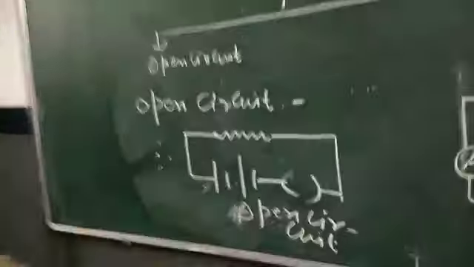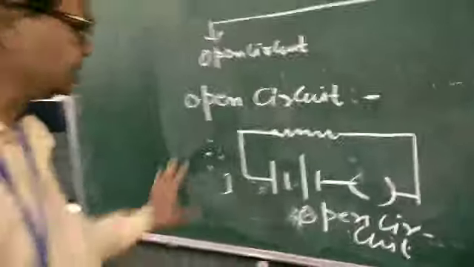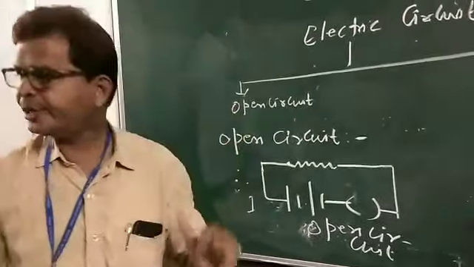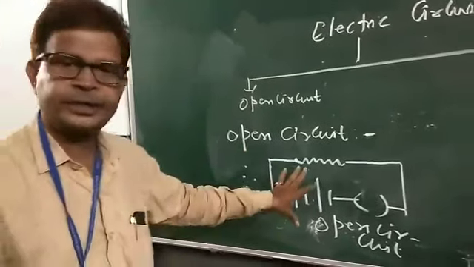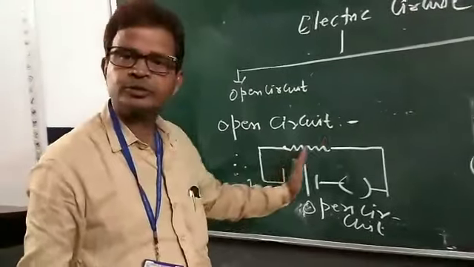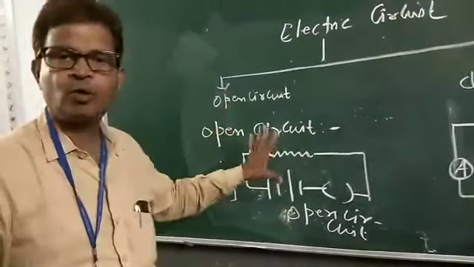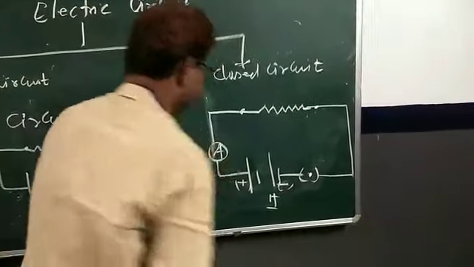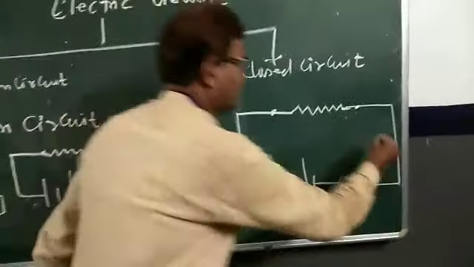Now this is the first figure for open circuit in which different electrical gadgets are connected, but electric current doesn't pass through this, so this is said to be open circuit. But in the second figure, we can see that electric current passes through